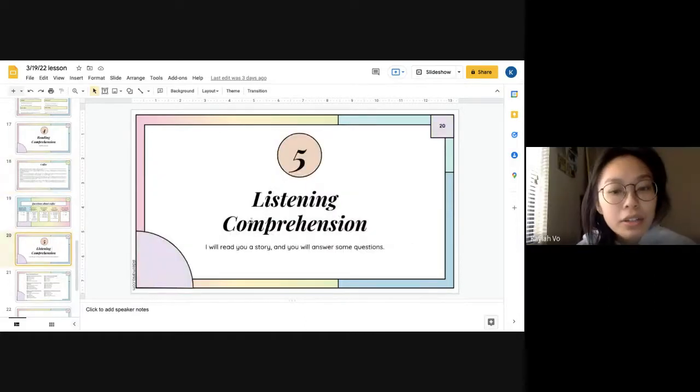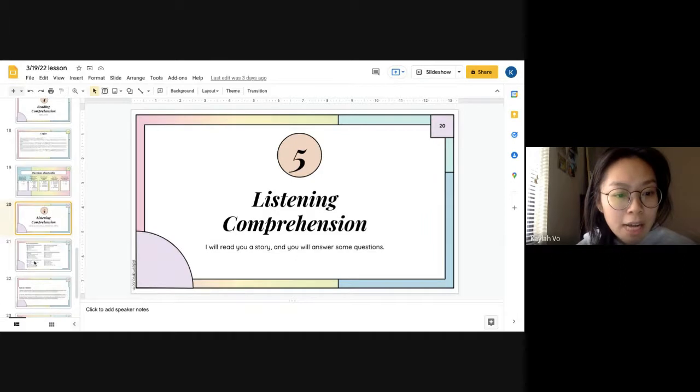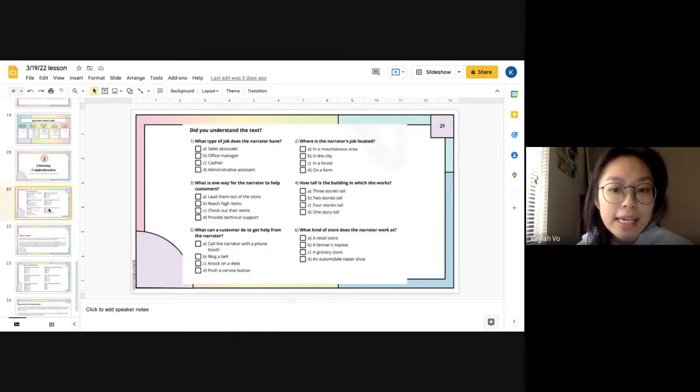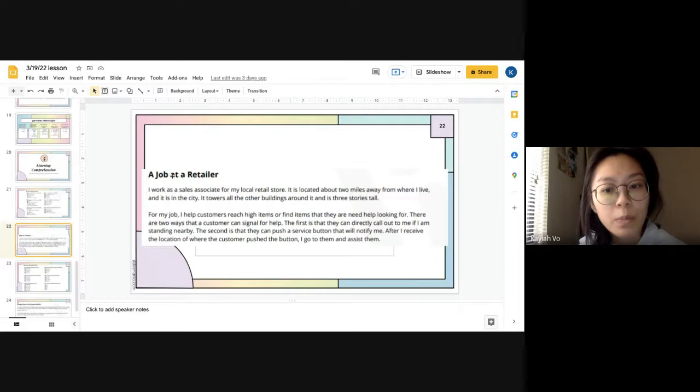Yes. So the listening comprehension, I show him the questions, and then on another screen I have the passage that I'm reading. I read it at a very normal pace, because I don't want to read it any slower for him, because that's not what people will be doing. So I'll read it, and then